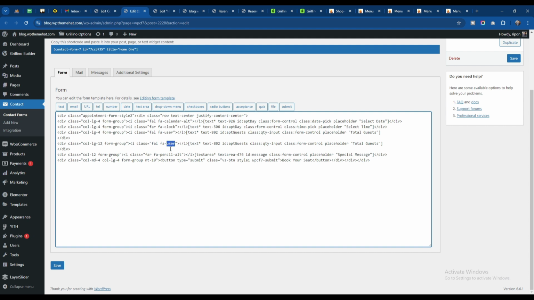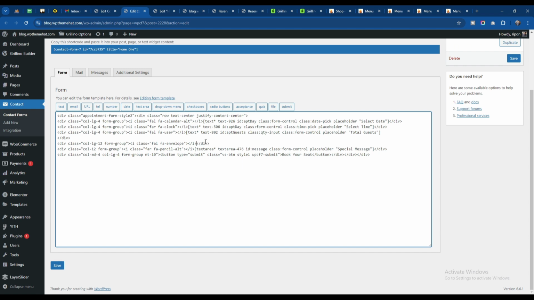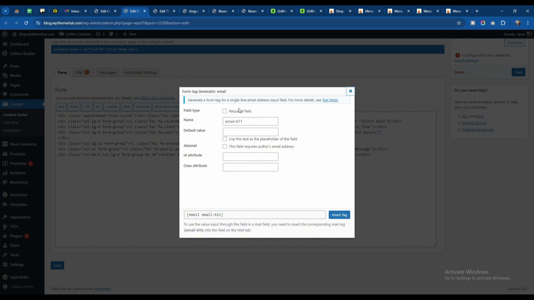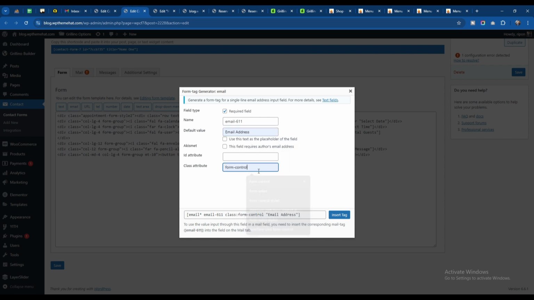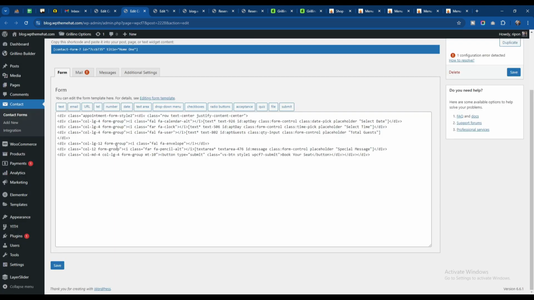So FA envelope, and for the mail I will take the email form here, and field type obviously it will be required. I will type it as email address, and the class will be form-control. Then I will set this email address as the placeholder text. So I will copy it and paste it here. And then if I click on save,